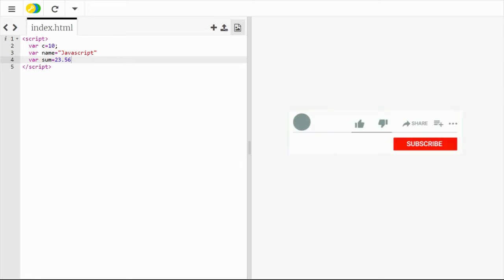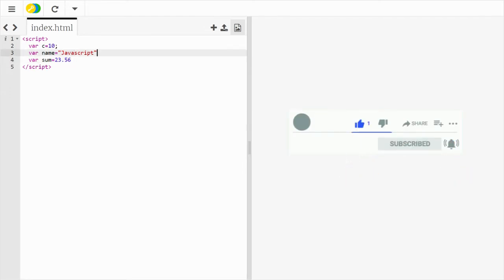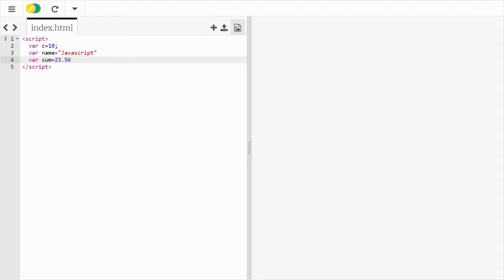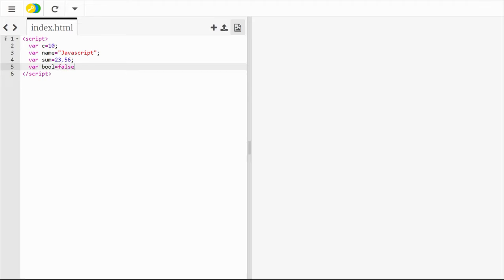Whatever you want you can create, or else you can also create a boolean value, which is a true or false value, like this. True and false are keywords, so they will automatically appear as pink or violet, according to the editor which you are using.